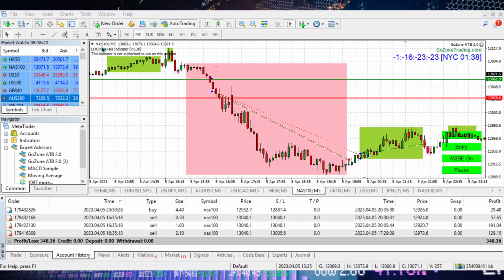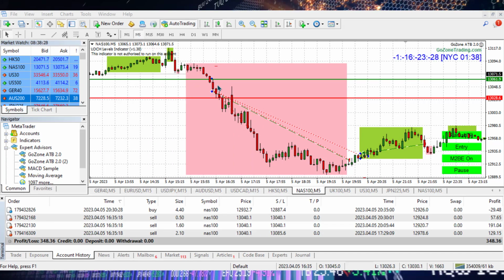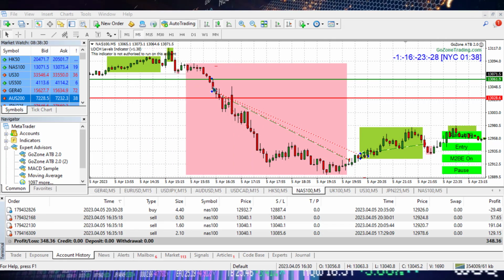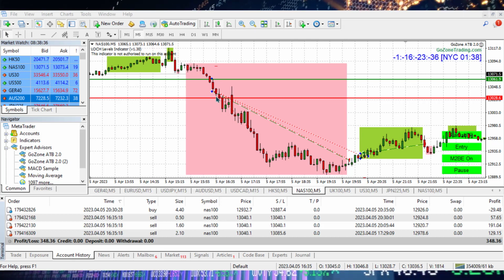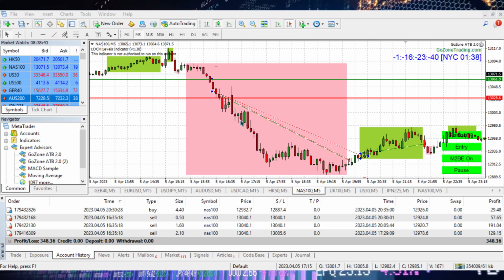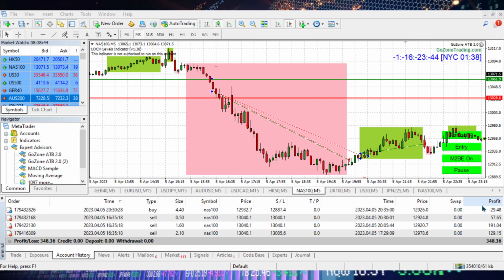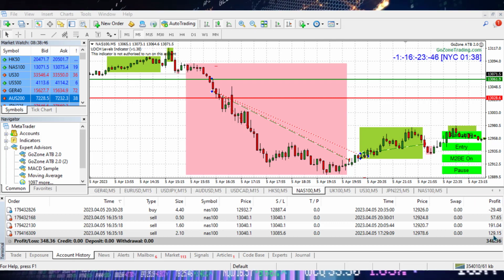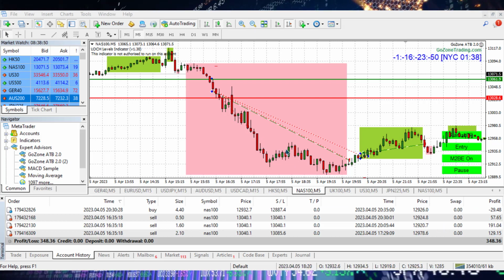This is a Nasdaq 100 CFD market on a 5-minute time frame. The market opened here. We had the ATB turn on 5 minutes later. Since we are already in a go zone, the ATB immediately put us in on trade confirmation. The market moved down 60 points to our first take profit. The ATB closed out 50% of our trade for a $129 gain, then continues in our direction for just under